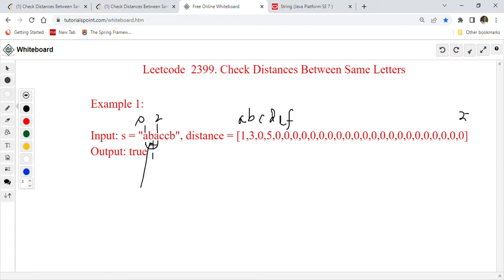For example, indexOf always gives the first occurrence of that letter. So when we call indexOf on A, it will give us 0, right? And we also want to find the last occurrence of this A, so we will use lastIndexOf in the string class. It gives us the last occurrence of that character in this string. So we will be using those two methods, and it will give us two indexes of the first and last occurrence,